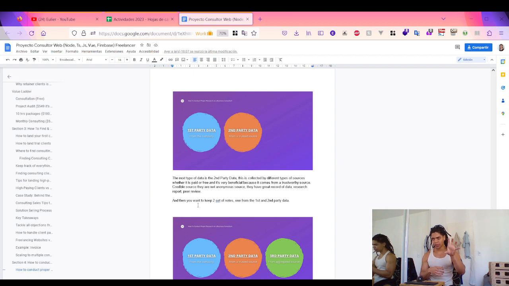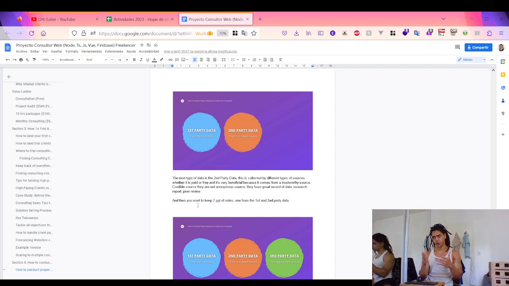This data comes from the company, data that they have collected, and they usually make you sign an NDA because it is confidential. Once you get that data, look as far back as they have to see what they have done in the past, to help influence your decision and recommendation. Okay. And then you have the second party data,